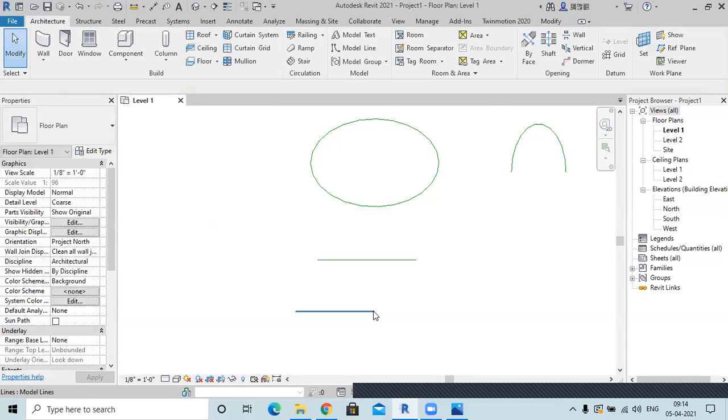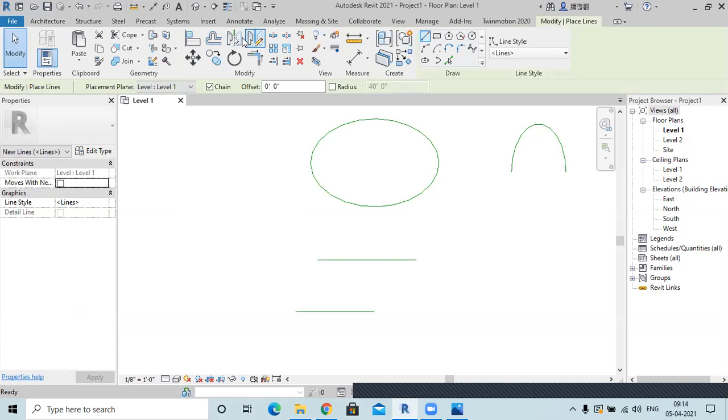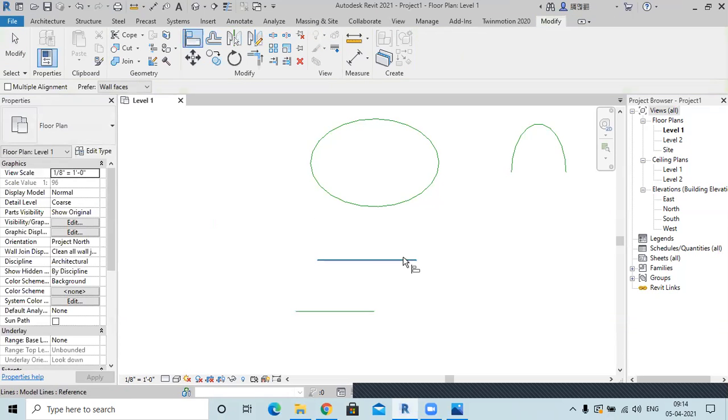Now I want to align those two endpoints of these two lines. So I'll select the align command, select this line and then this line. This is horizontal align. You can also create vertical align. What align generally does is shift the second one to the surface of the first one.